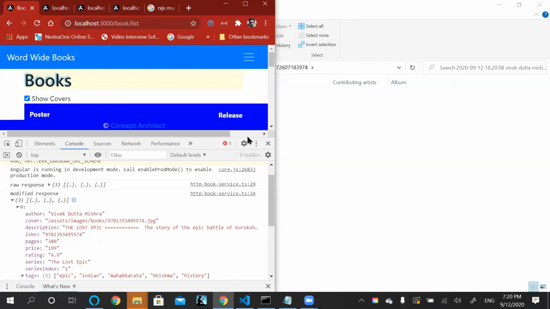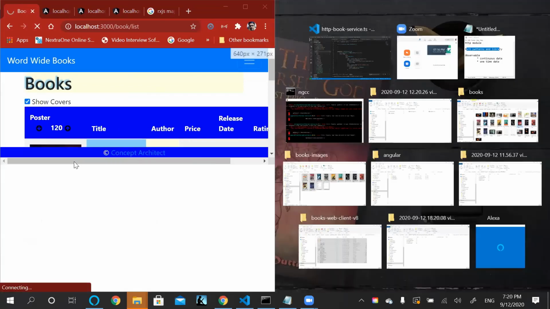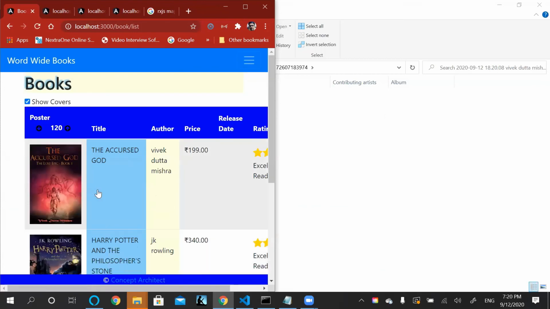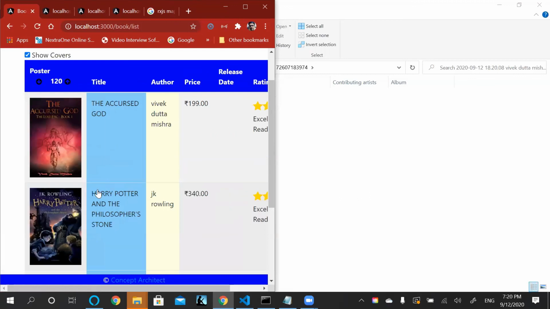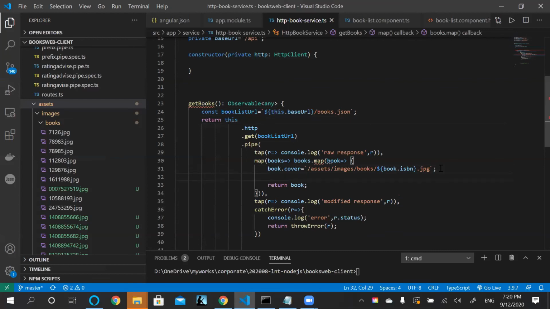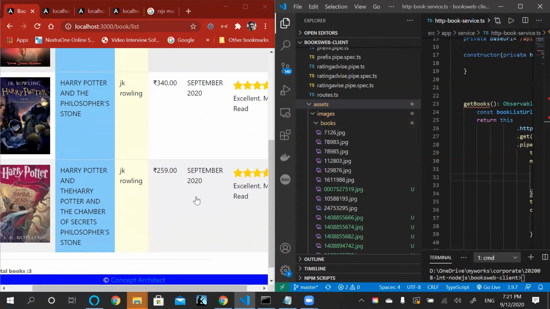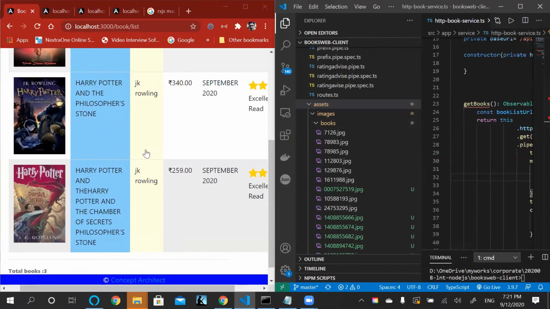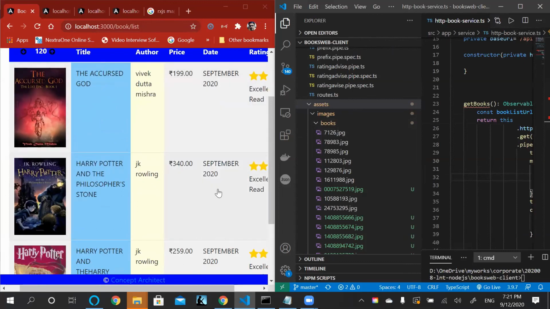So with this detail, the 3 books that we are talking about have got a cover, and similarly we can add some release date by doing a similar map. So when I do that, you should see that due to pipe all the books are now marked as released in September. Of course, when we go to the real database, we will be getting the right book details.